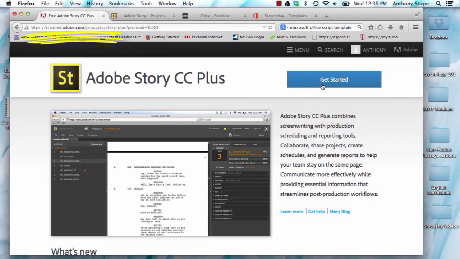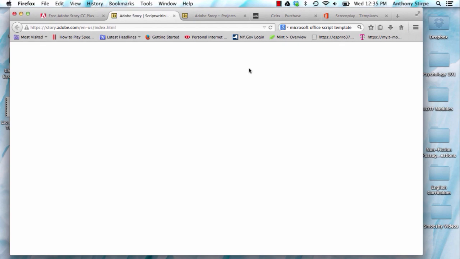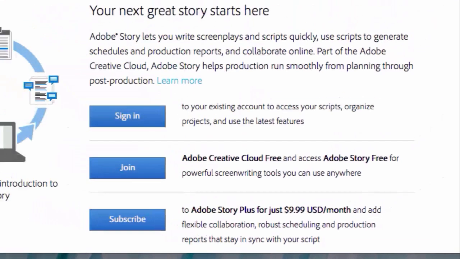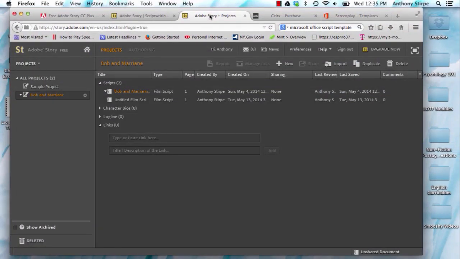If you go to adobe.com and search out Story Plus, or simply Google Adobe Story Plus, you can get started and you can create a free account. Once you've created a free account, you can sign in, and it will take you to a desktop. This is where you'll save and create all of your projects.